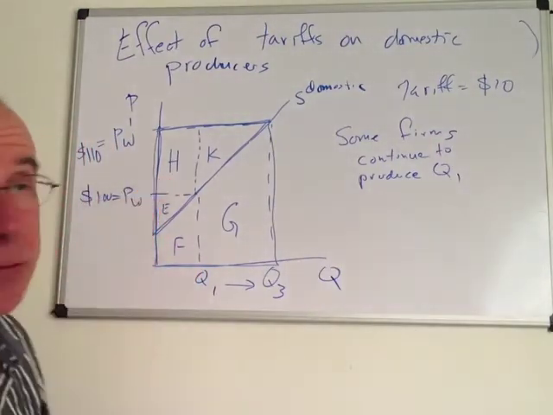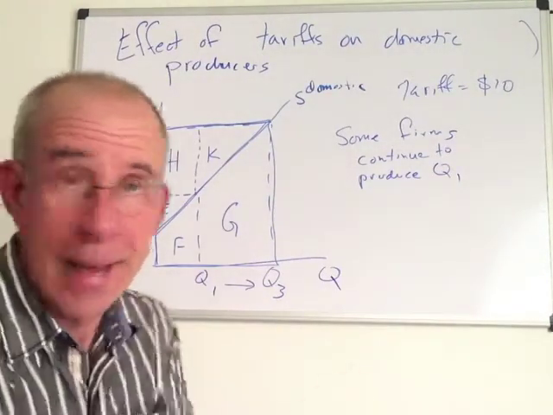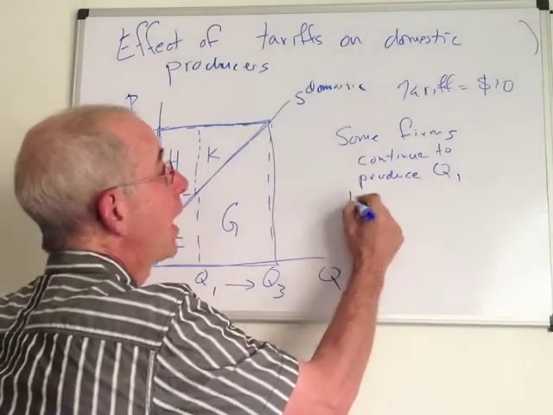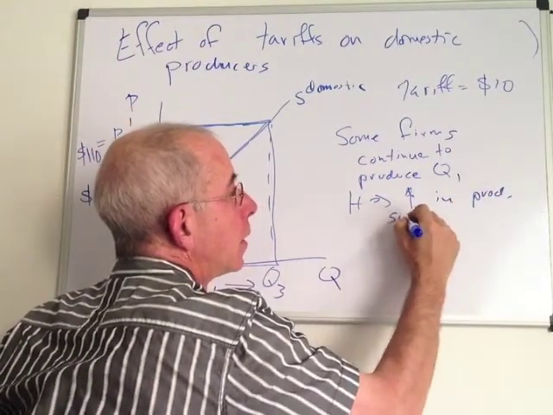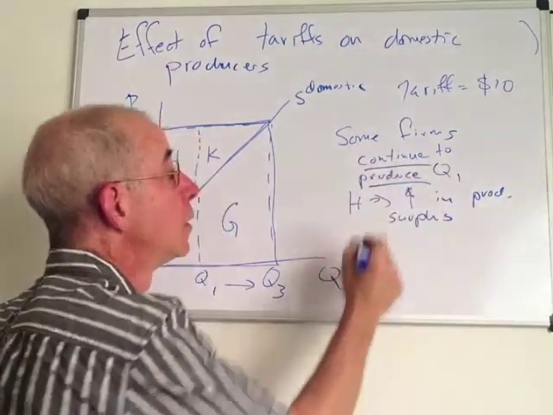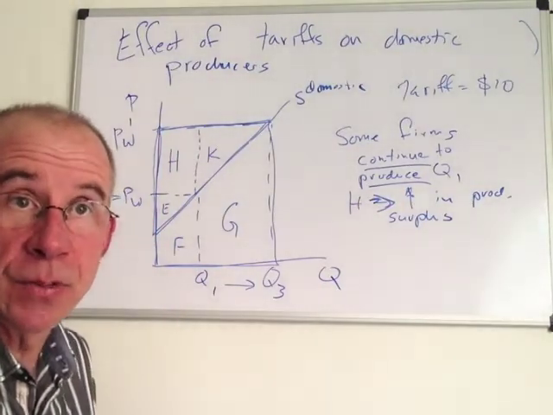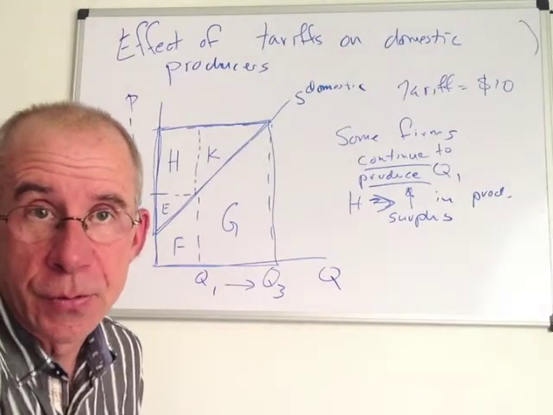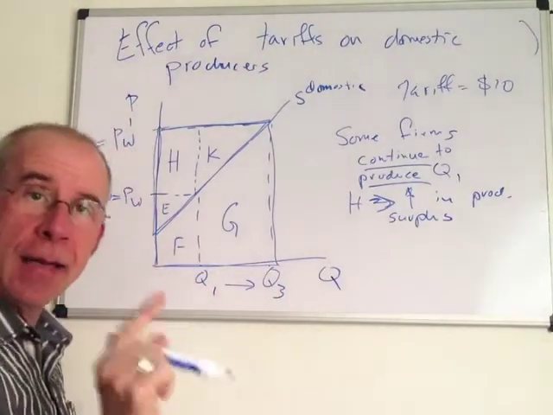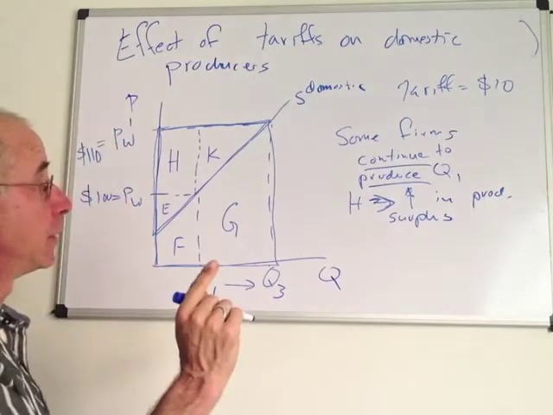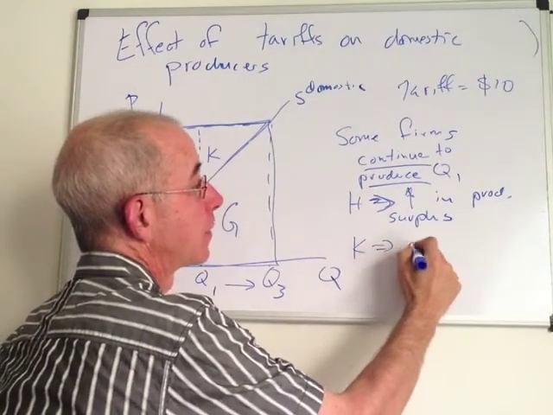So H represents the pure profit associated with being in the market before and in the market afterwards. So H is an increase in producer surplus for those who continue to produce in this market. But you also have some firms who weren't able to produce before who now get into the market. So they increase from Q1 to Q3, as I noted. And they now have profitable production at the higher price. And K is the producer surplus